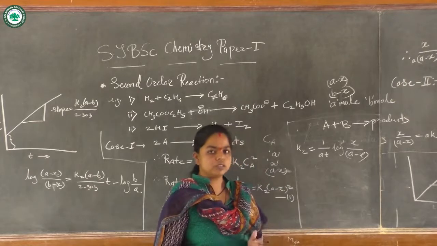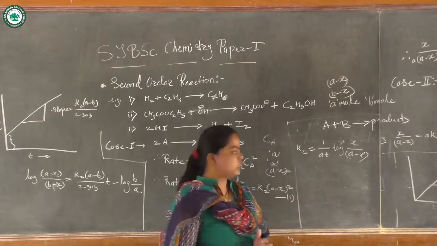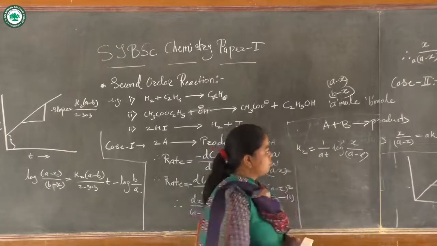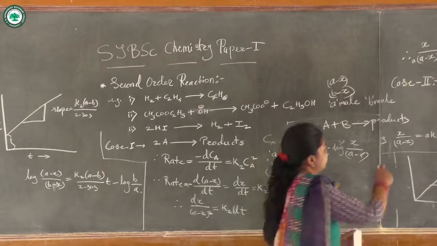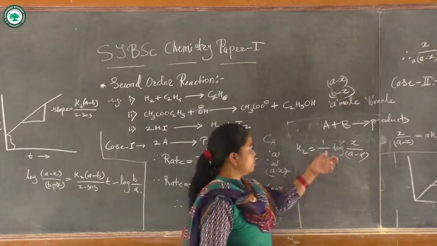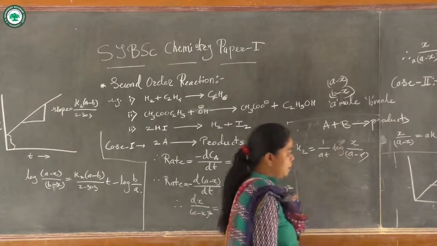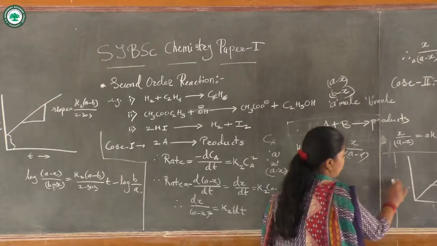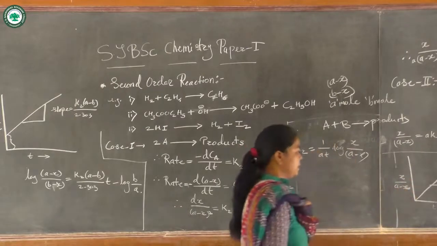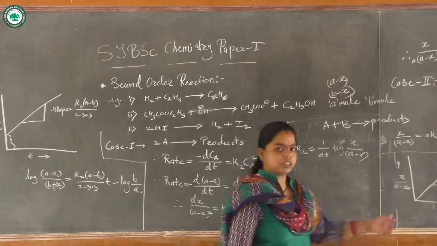So we have to consider both equations for plotting the graph for the second order reaction. Let us consider the first equation now. This first equation can be given here: K2 equals 1 upon at into log of x upon a minus x. So if we plot the graph of x upon a minus x versus time, that is t,